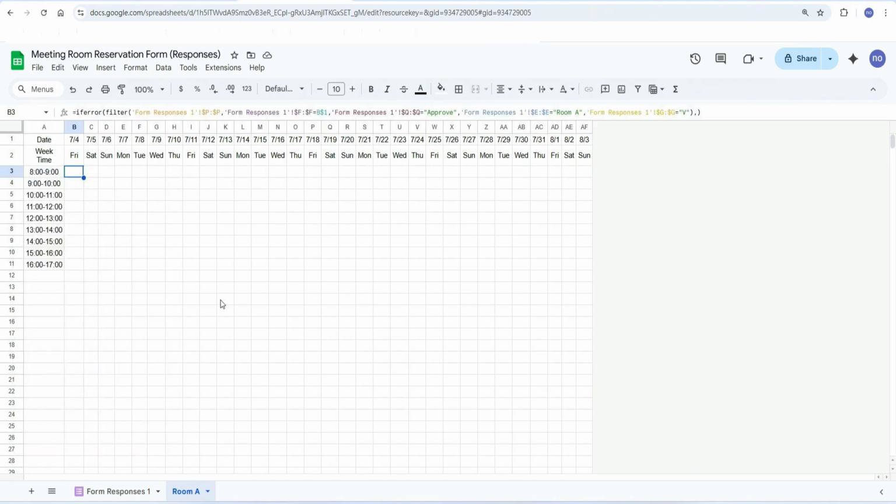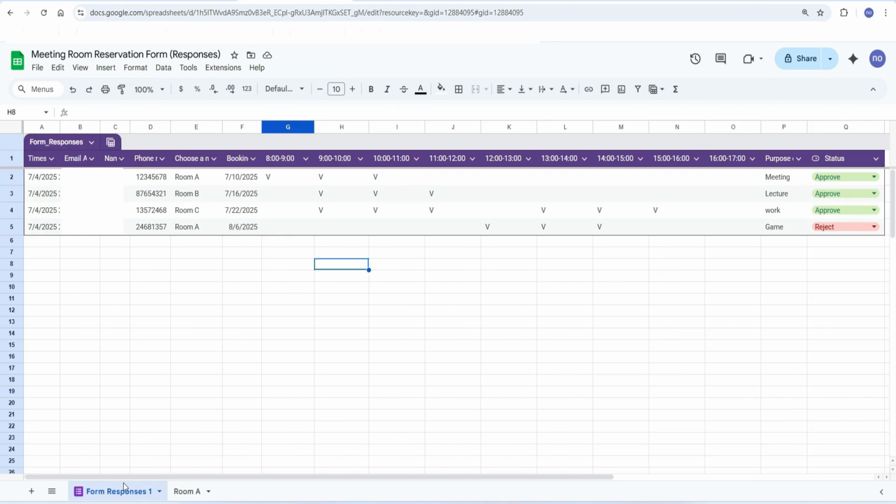Now you need to pay attention to this. Due to the time change, the data you have locked must also be adjusted accordingly. Let's take 9 to 10 o'clock for example. Because of the change in your time, the information is in column H. So what we want to send back is the information of column H, and so on, followed by the information of columns I, J, K, L, M, N, O.